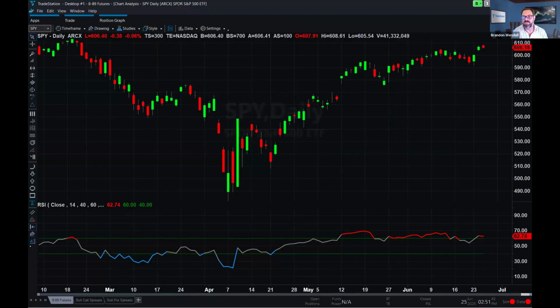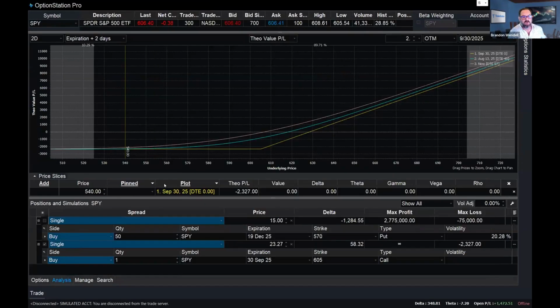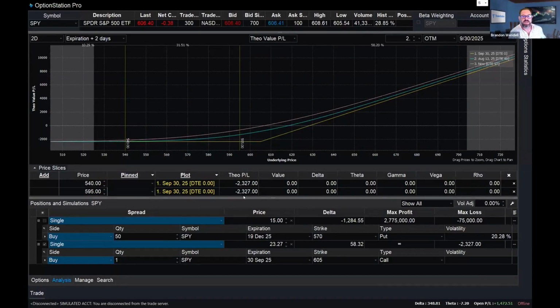So I was doing the 605s at the money, but let's say this was at support level, and if I'm wrong, I want to get out at whatever price level this is. Say that's my support at about 595. I can go and use the price slice. I could add in extras, whatever I need to do. 595. If that's where my stop loss might be, say we plot it out to a certain time. There we go. I would lose roughly $1,303 at that area. Now, keep in mind, these are going to be estimates, and I'm going through that kind of quickly, but all I did was put in a price slice.